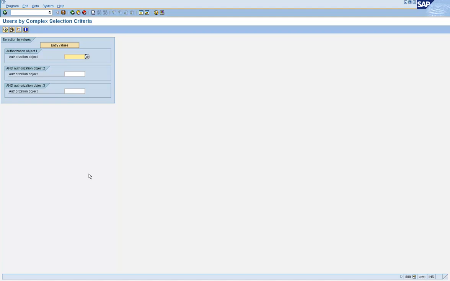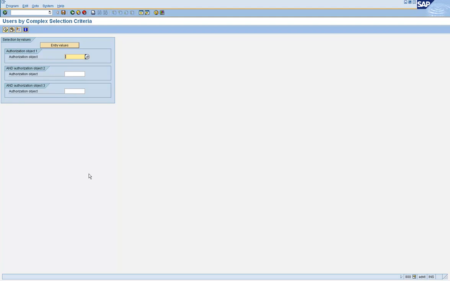See, their report criteria is how many people can create user IDs, and they come and check, okay, who has access to SU01, and they say, okay, 3,000 people have access to SU01. That is not correct. So what you can do in a transaction code is controlled at object level, right? Authorization objects control what you can do within a transaction code. So you have to go at the object level and find out who has access to a particular set of authorizations.